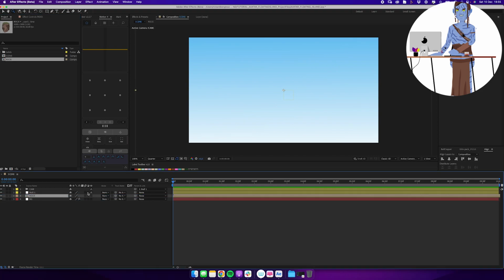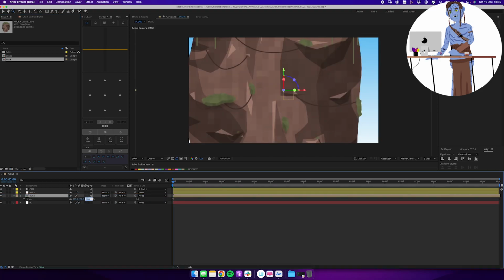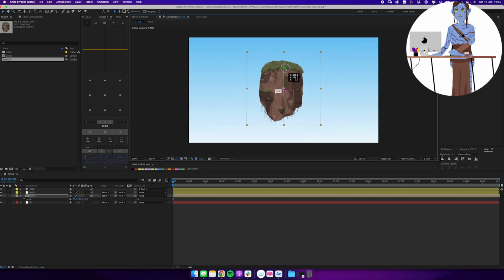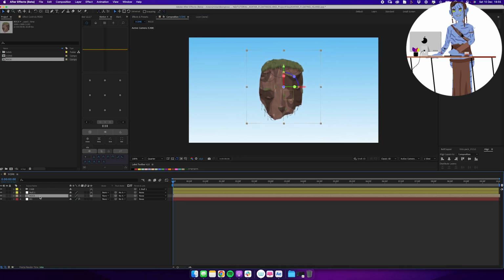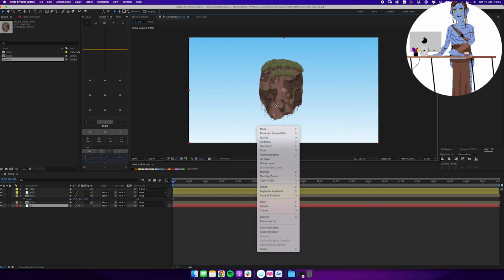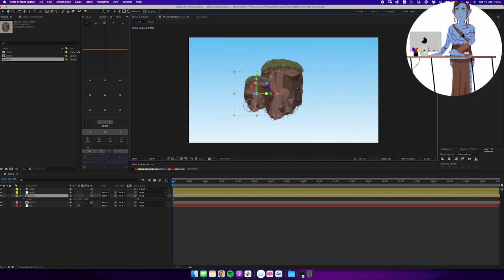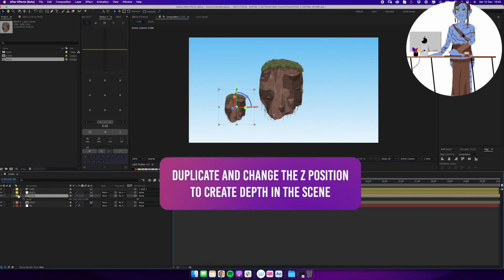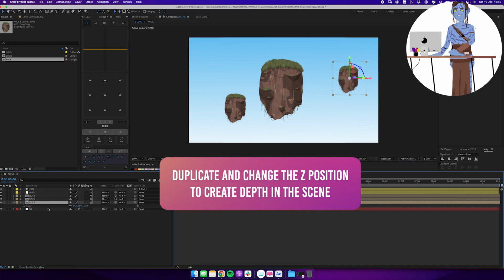We're back in our scene and we're pulling in our big rock. It's way too big, so we're scaling it down and immediately turning it into a 3D layer. If you watched any of my tutorials in the past, you know that this is my preferred workflow of creating assets in their own composition and then bringing it all together into our scene as 3D layers, because that means that we're able to